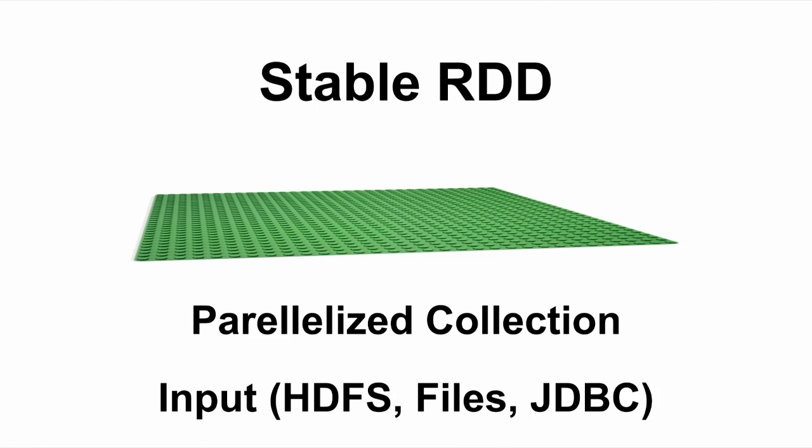So, if we were to continue the Lego analogy as far as building up this castle, if we want to be able to recover from any faults, we need to start with a stable RDD. And there are a couple of options for what you can actually start with. Excuse the horrible misspelling of parallelized. You can start with a parallelized collection, so anything you're holding in memory, you can distribute it out to the cluster. Or you can start with something like raw files on the file system, HDFS, JDBC, and there are ways to build in another system. But essentially, this is your base layer.